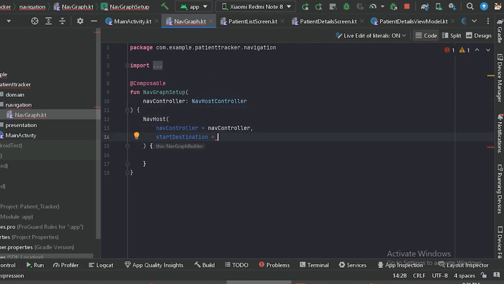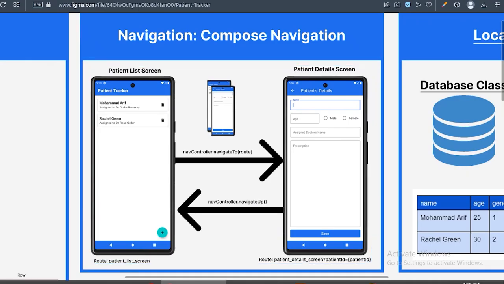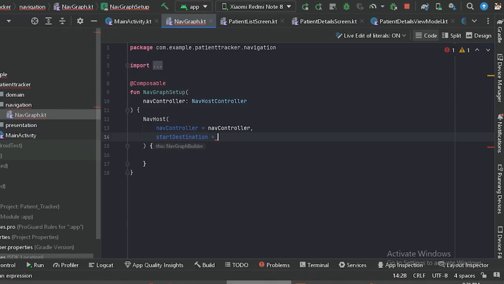And here we need to provide the start destination. So what will be the start destination? So let's go to our design. So here the navigation, here we can see this screen, list screen will be our start destination, and what will be the route of this screen. So we need to provide a route, something like string type. So this route I will provide for this screen, and this route for this screen. And let's go back to our Android Studio, and here let's type this route,